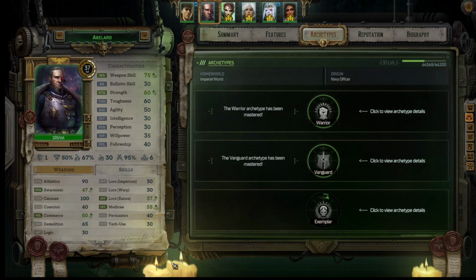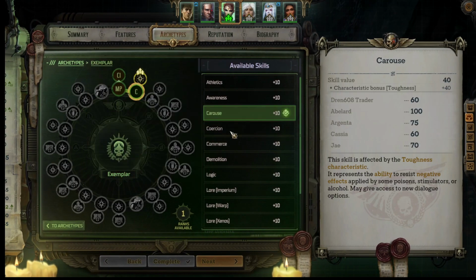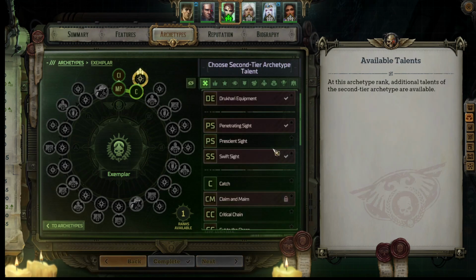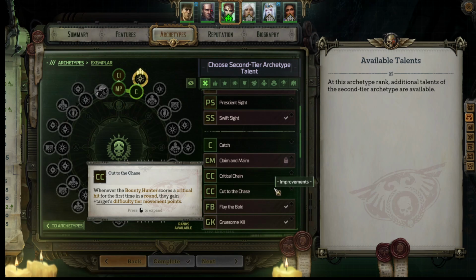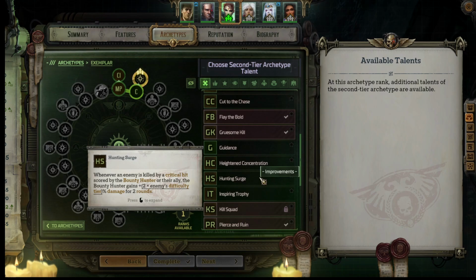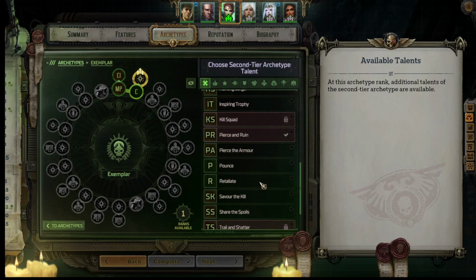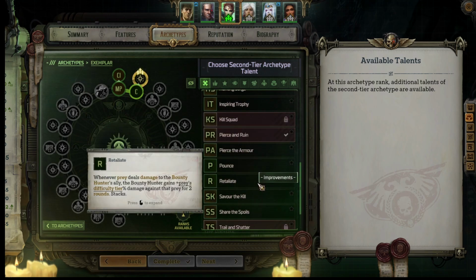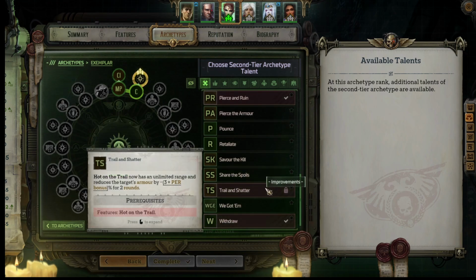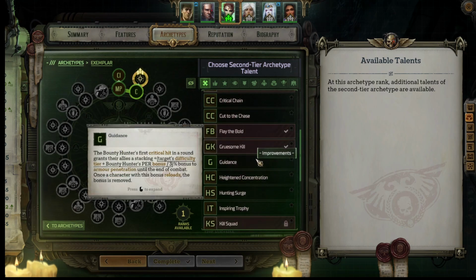Counterattack stance. Okay, she goes... I needed to get her carouse up. And in here... It was... Is it guidance? Or was it something? I can't remember what I was going to do here either. No, I was going to do...